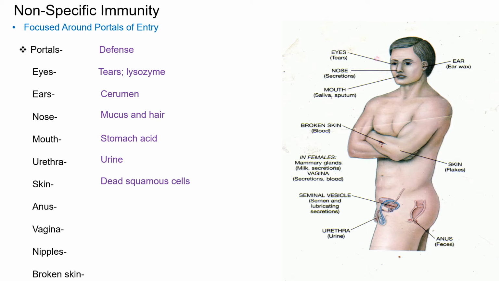From there we go to the anus, and of course the protection is what we just discussed, feces. Anything that tries to come in from outside gets trapped in the fecal matter, and out it goes. So again, just have to understand, in women we have to be very careful about wiping forward.